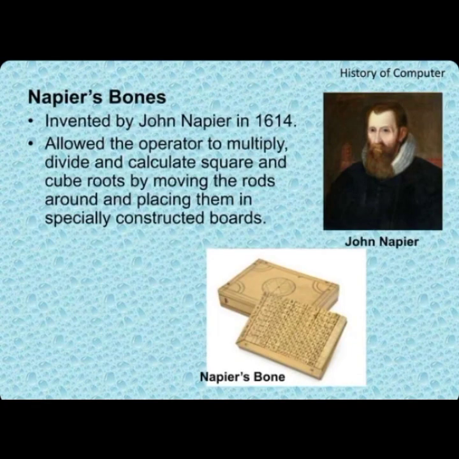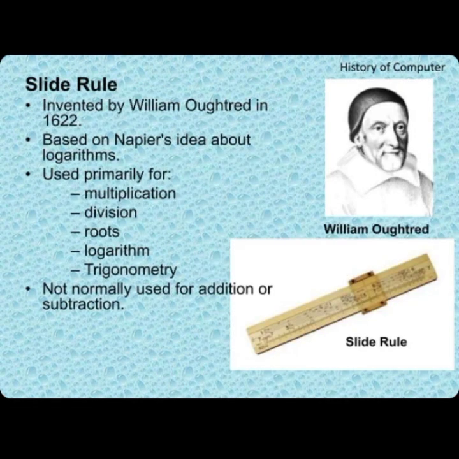Napier's bones, invented by John Napier in 1614, allowed the operator to multiply, divide, and calculate square and cube roots by moving the rods around and placing them in specially constructed boards. Slide rule, invented by William Oughtred in 1622. Based on Napier's idea about logarithms, used primarily for multiplication, division, roots, logarithms, and trigonometry, not normally used for addition or